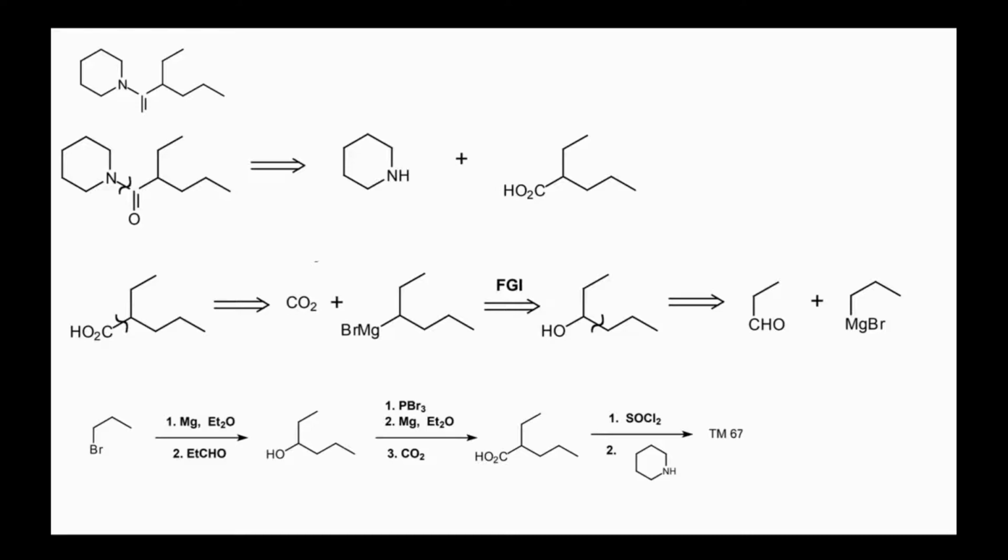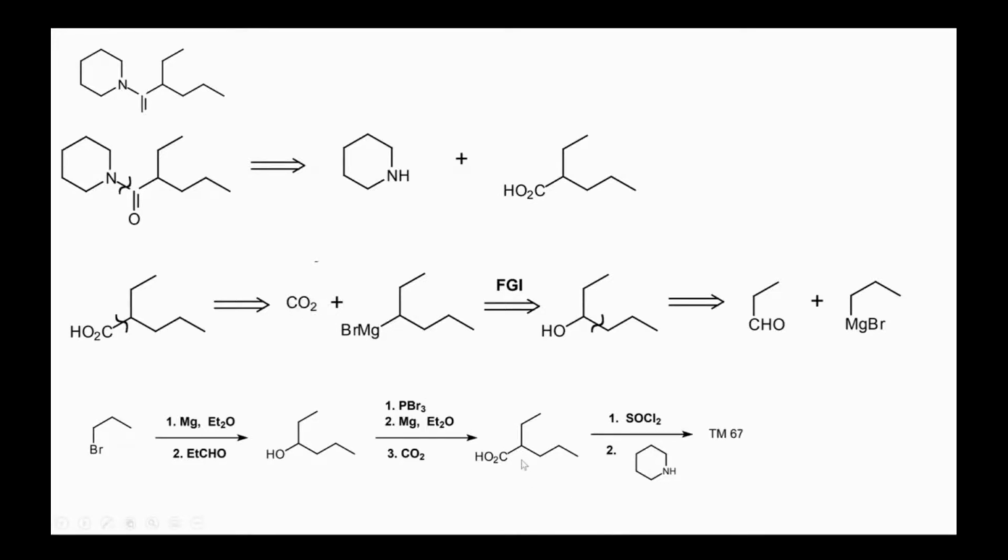In the forward synthesis, you can react this alkyl halide to prepare Grignard reagent. And Grignard reagent can be prepared by reacting alkyl halide with magnesium in diethyl ether. That will react with ethyl aldehyde to generate alcohol, and in the next step you will react alcohol with PBr3 to convert alcohol into alkyl halide, and then you will react this bromide with magnesium in diethyl ether to generate Grignard reagent, this one. And then in the next step, you will react this Grignard reagent with carbon dioxide to generate this carboxylic acid,